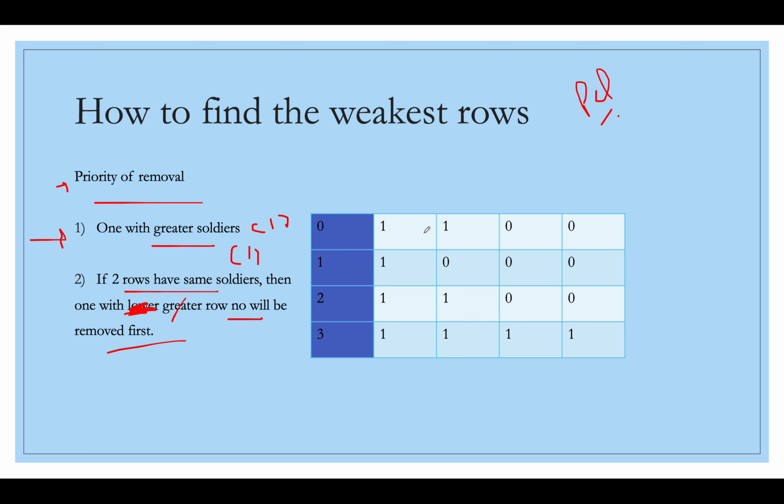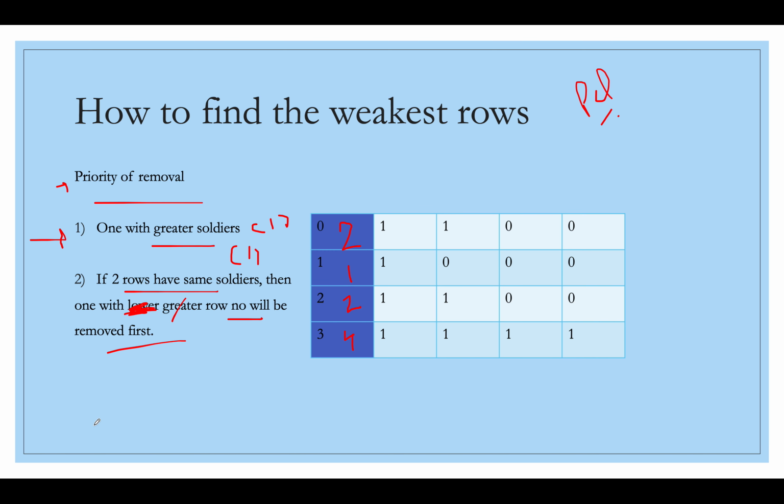So let's walk through one of the examples. In this we have a grid of 4 rows, and in the first row we have two ones and then two zeros, then one single one and three zeros, then two ones again and two zeros, and in the fourth row we have all ones. So how many ones are there in the first row? It's 2. In this it's 1. Here it is 2 again, and here it is 4.